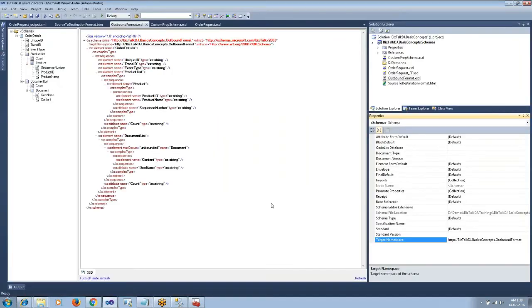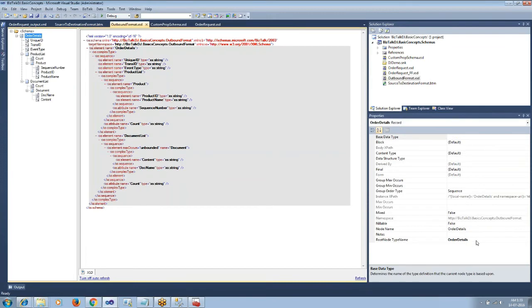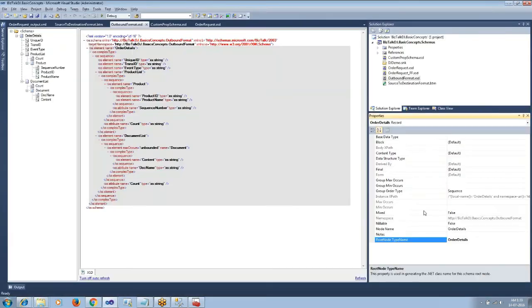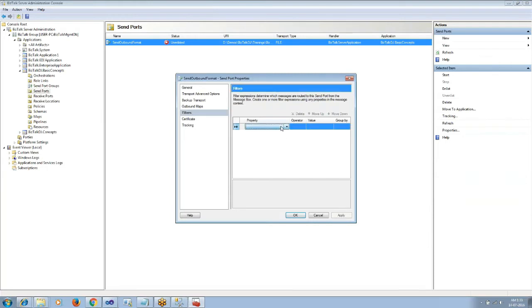So this will be the combination of target namespace, hash, and then the root node of the outbound schema. I will add a new filter condition, and I will choose bts.message type and provide the message type of the outbound schema.